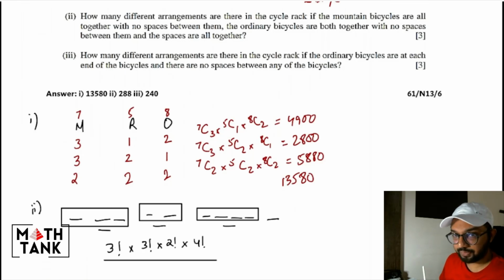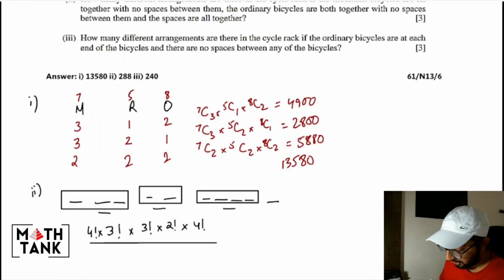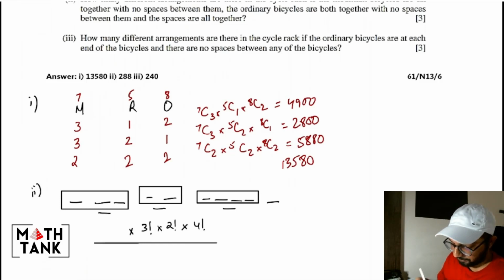Now remember that with the dashes I should have done that before, 4 factorial, and remember now that the spaces are identical but the rest of them are not. So I've done 4 factorial because there's 1 dash outside and there are 3 boxes. Then I go inside the box. I think I've written this wrong. I should have written 4 factorial instead of 3 factorial. That's the mistake that I made. So 4 dashes, so 4 factorial, then inside the box that's 3 factorial, then 2 factorial, and then 4 factorial